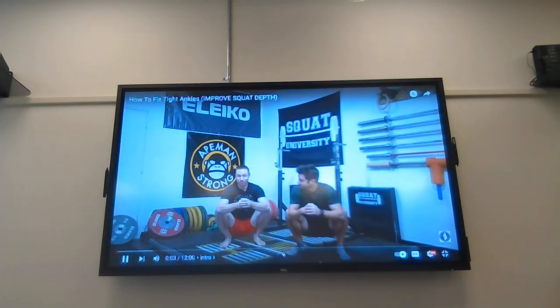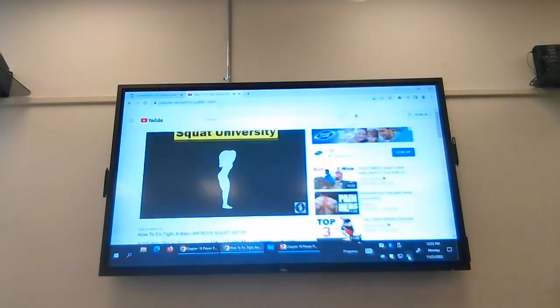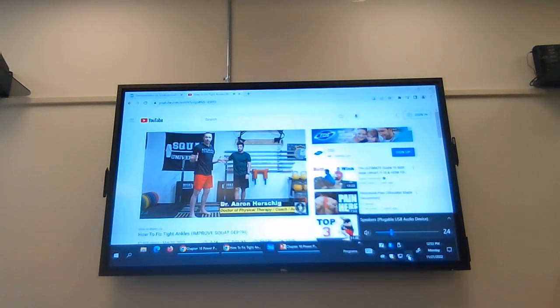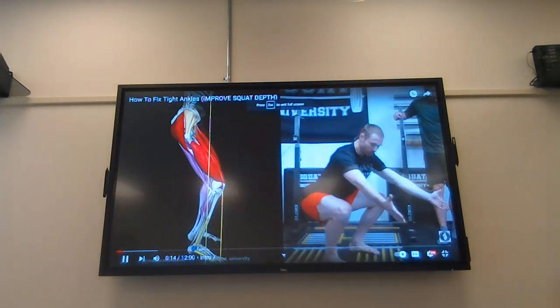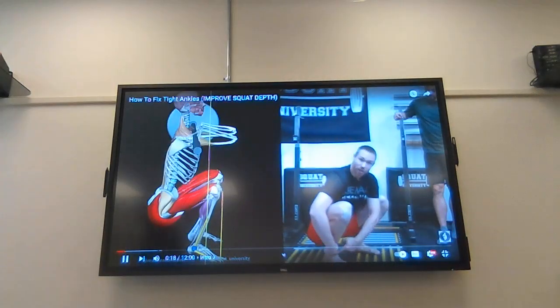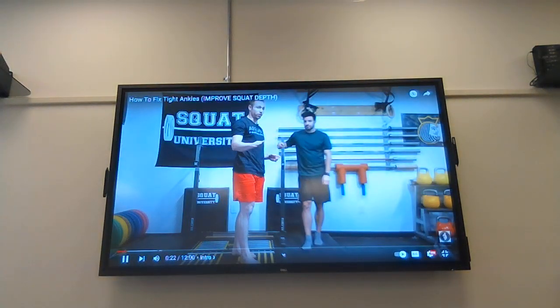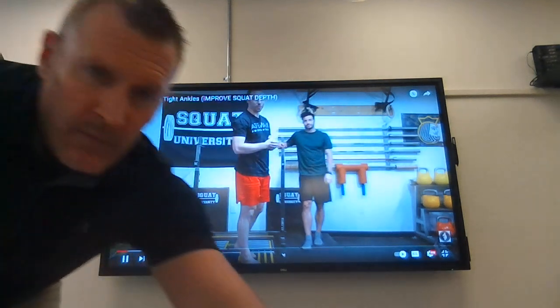Step protocol to improve your ankle mobility. Here's the deal, guys. The more your knees can travel forward over your toes, the deeper you can get into a squat with a more upright chest. This is your level of ankle mobility. Now, I want to show you guys today, first off, how to test for your level of ankle mobility, and then we'll talk about how to fix it. Now,